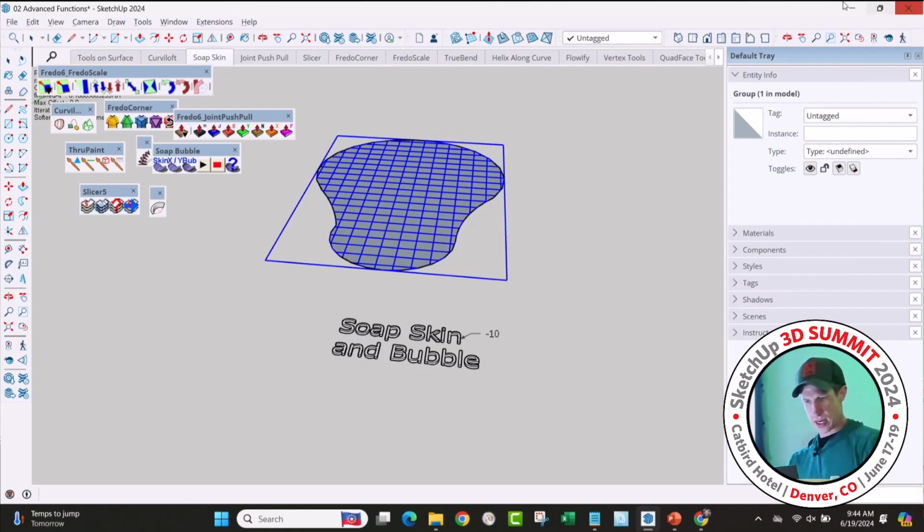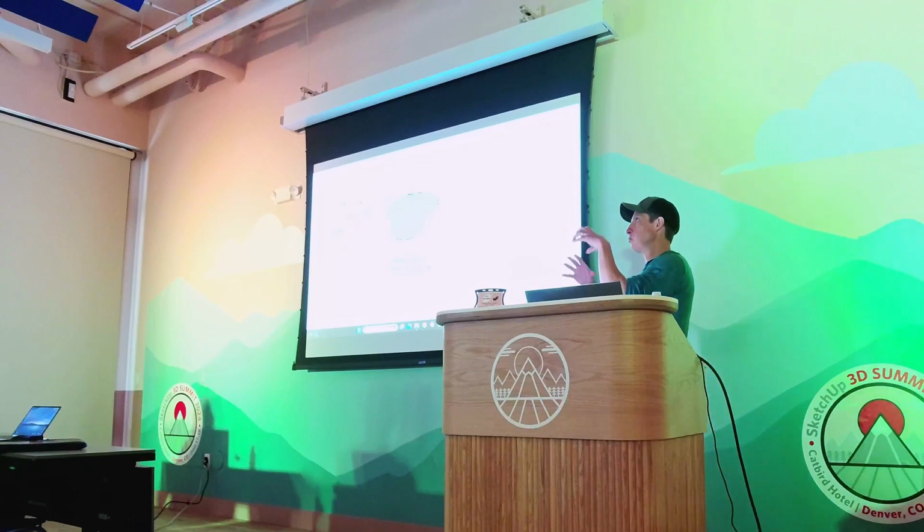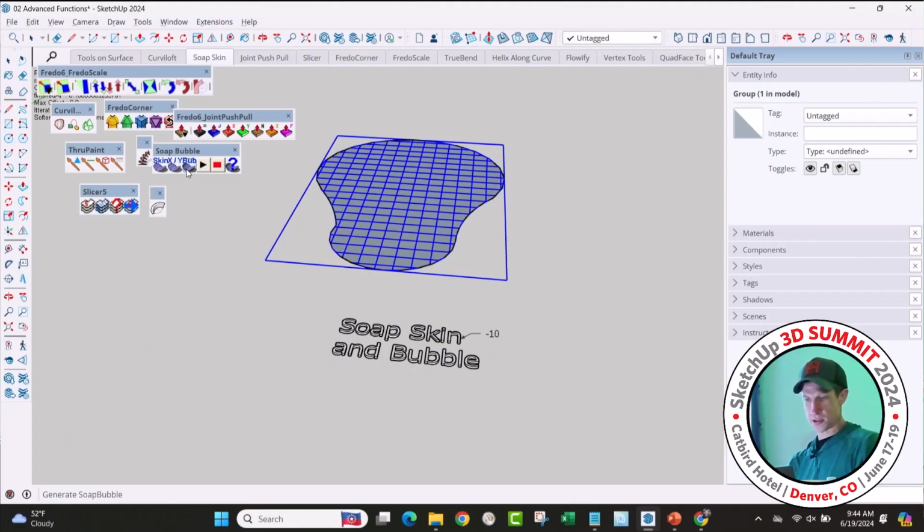Within the skin, you can either, so I've seen people use this to patch sites. Daniel taught me how to do that. That's like the coolest thing you can do with this, is you can pick up all the edges around something and it'll actually create a skin in here. But this soap skin, and it's a little bit